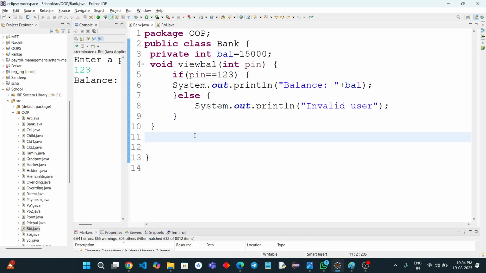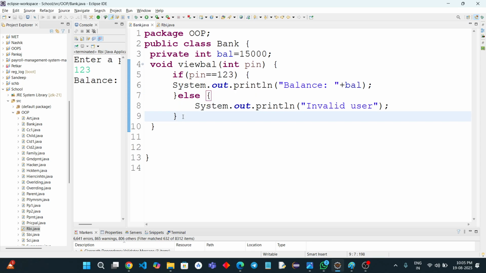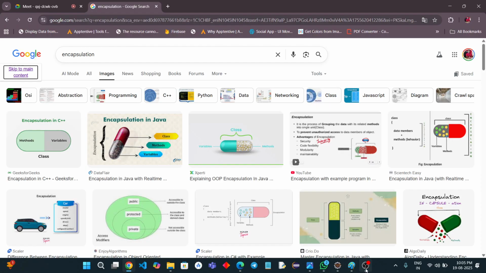Okay. If you want to protect your data, there is a way to protect it by making that data private. But if you want to access that private data outside, wrap that private data into public functions. Okay, understood? Yes, yes. Yes. Okay, fine. So now